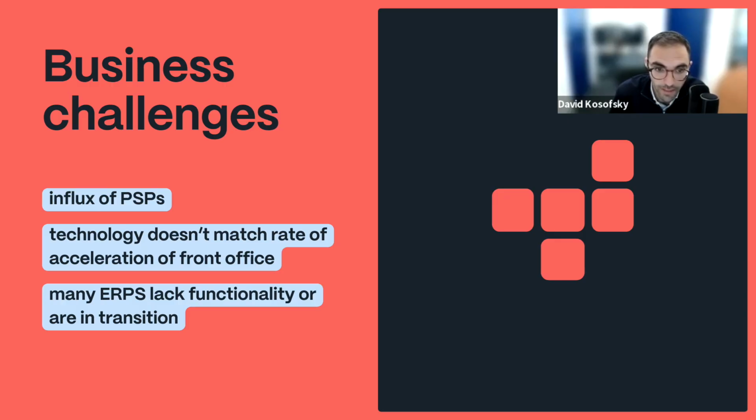The second thing is that the technology for the back end usually doesn't match the rate of acceleration of the front end. So the front office of a company is always thinking about how to expand and what new frontiers can we expand to and reach and tap into. So there's always an attacking mindset, and the front office is driven by sales, but the back office is oftentimes left to figure out how to deal with that. And that can be a real challenge for the back office accounting and finance teams to keep up with the growth and particularly the technological mechanisms that the front office part of the company is working with.